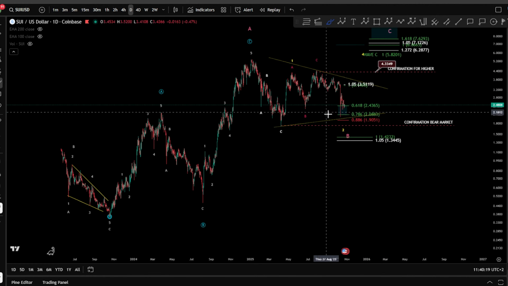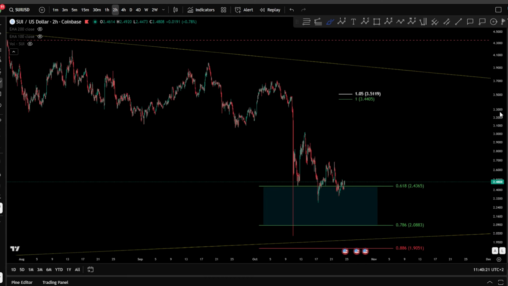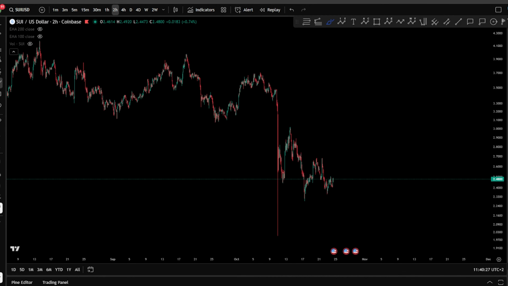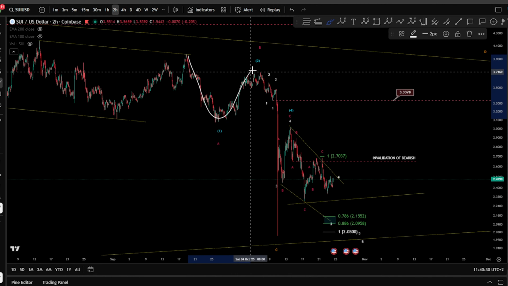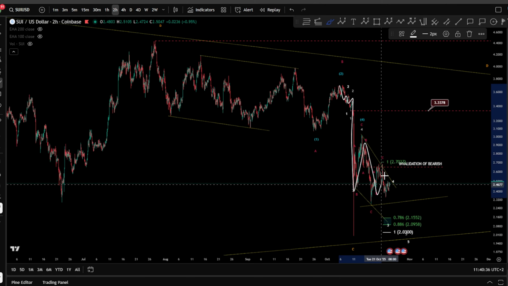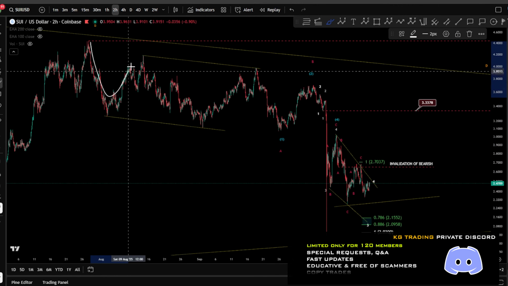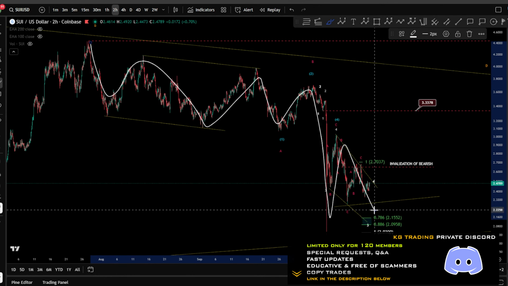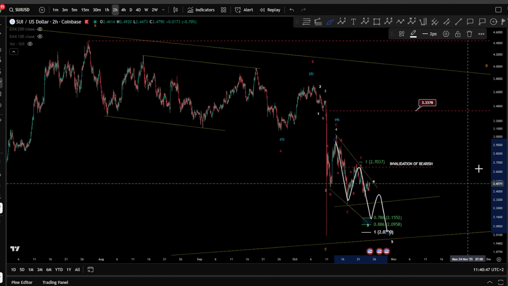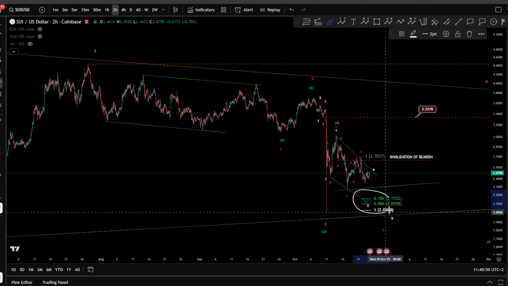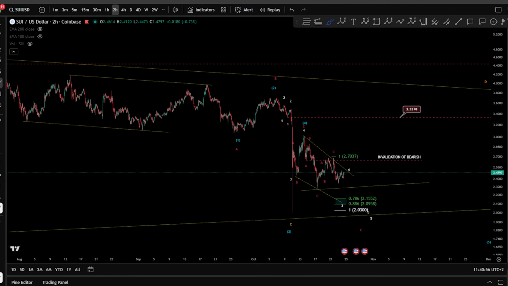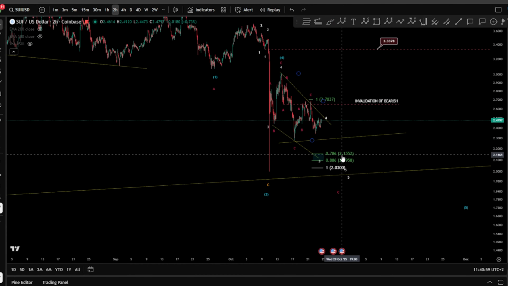Now, if we dive deeper inside it on the micro level, we can see that we potentially have an impulse downward which was not yet invalidated, meaning if you are in a 1-2 here after the leading diagonal, potentially 1-2, 1-2, and then 3-4 and a 5. In case this is something as an A, B, and a C, it is also very likely that you have a 1, 2, 3, 4, and a 5. This wave 5 is unfolding as an ending diagonal. We're still looking for a potential wave 3, 1, 2, 3, which has to hit the 0.786 and the 0.886,